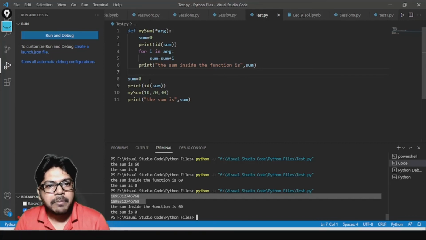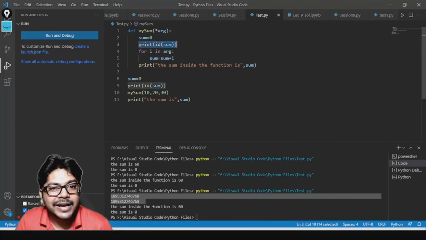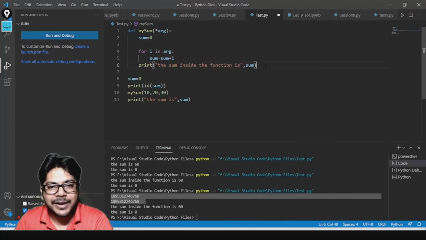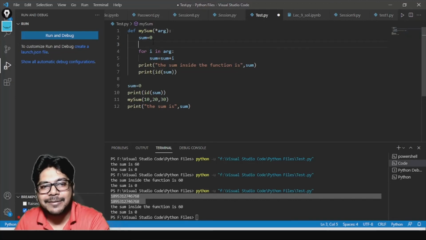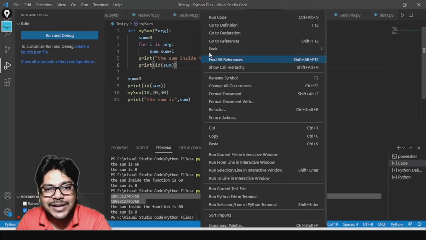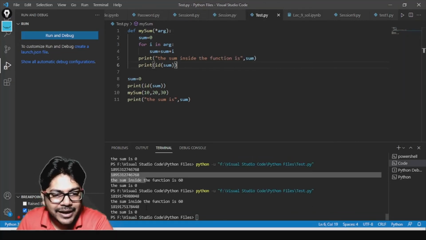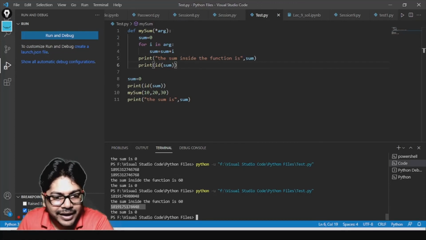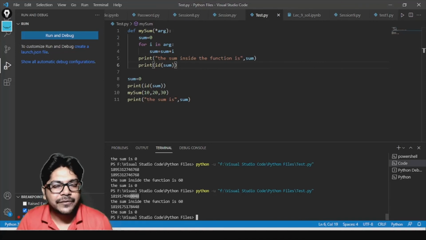But why does it refer to a different object then? Because still, when we print the id here, it is the same. Let me copy from here and paste it after we print the sum. Now you see the id will be different, because now it is pointing to a different one. Can you see now the id is different? Here it is 78448, here it is 88048.